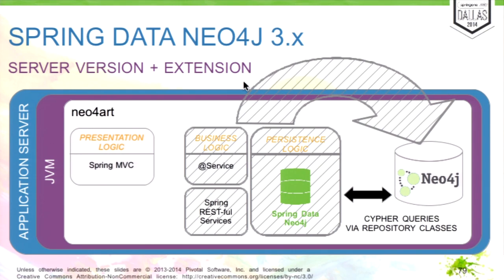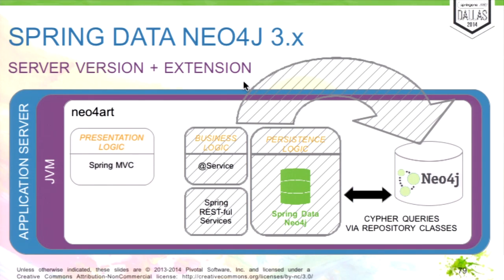Then, Michael, we have the server extension version. Yeah, so we saw Spring Data Neo4j running with an embedded Neo4j instance, which provides the highest performance. And right now, Spring Data Neo4j uses Neo4j's embedded APIs, more or less, to talk to the database. That's why running this kind of library over the wire is not yet the most performant way of accessing Neo4j.